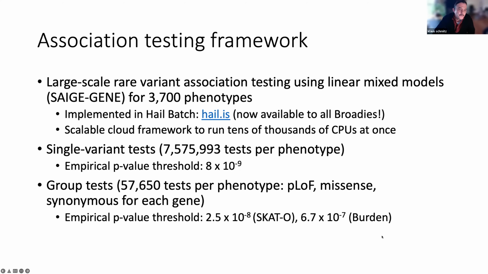Yeah. There are more modern methods coming out too that look at maybe something like deviation from mutation rate expectation, kind of like what we do when we look at constrained genes, but instead for phenotypes. I've been excited to try that method. I can't remember what it's called off the top of my head, but there are some new methods that I think will be exciting. Others have used REGENIE with some success as well, which is another similar generalized linear mixed model method. It has some speed ups that SAIGE doesn't, but SAIGE has other speed ups that it doesn't. So I think we'll get even faster with this as time goes on, for sure.